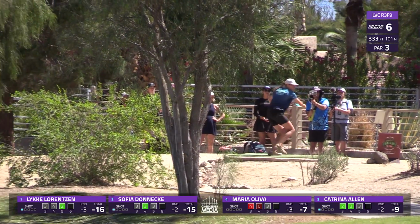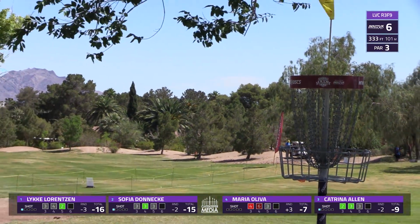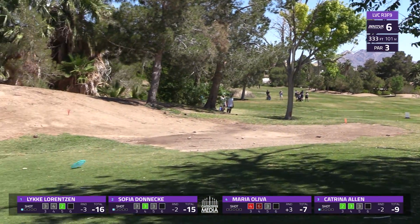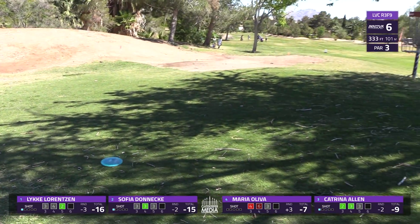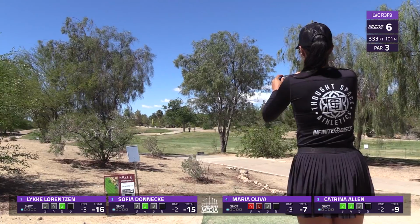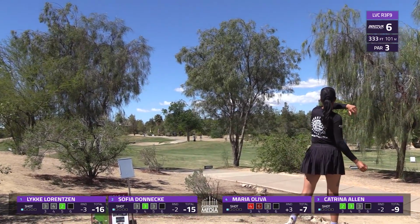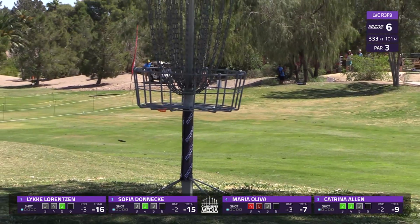Yeah, it's one of those ones where you kind of have to choose your adventure depending on the wind, what you want to go with. And we see the hyzer play once again from Donnecke turning out perfectly. Yeah, she's got that right side dialed down, perfect disc, and nice distance control as well to